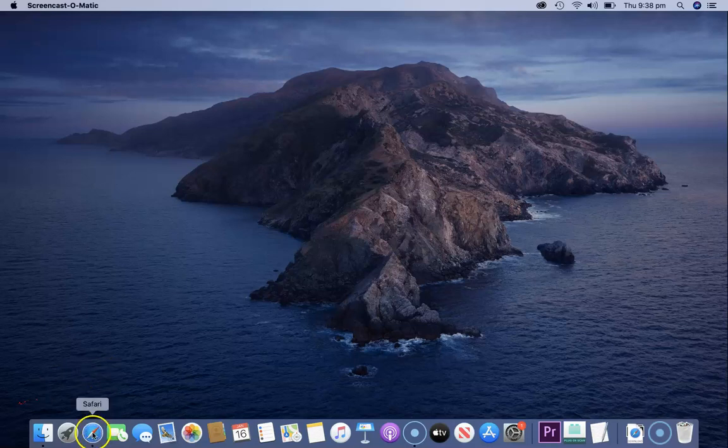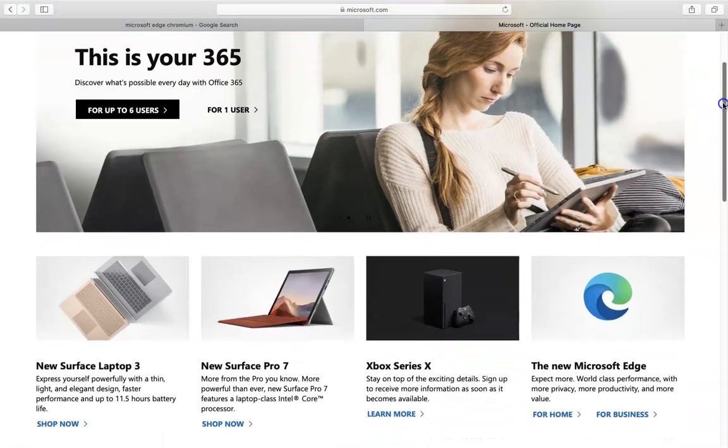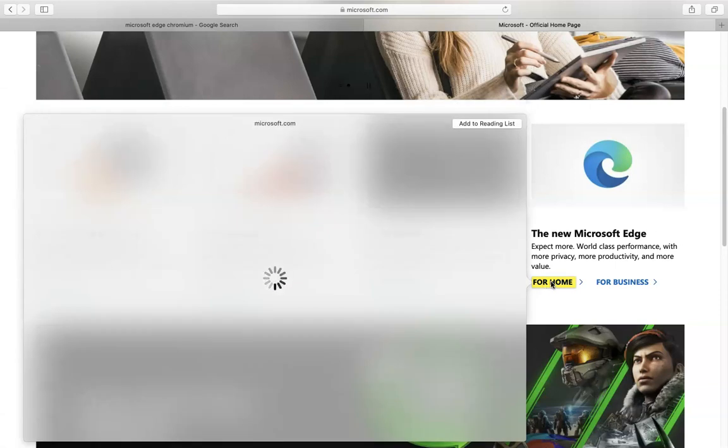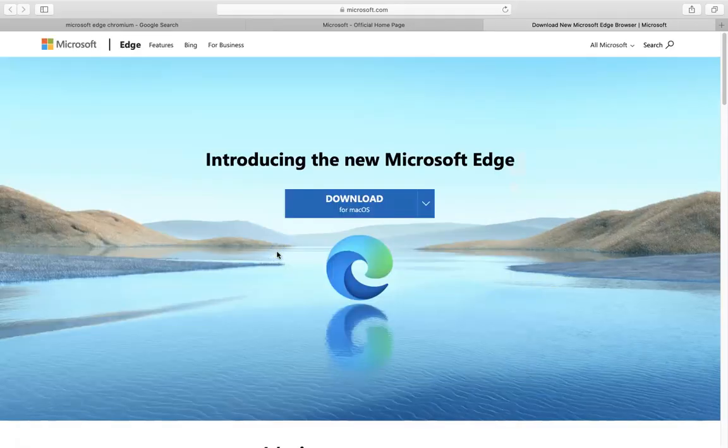where to go. So what we need to do is open my Safari browser, and then I went to Microsoft.com. As soon as you land on the landing page of the Microsoft website, if you scroll down a bit to the middle, you'll see on the right hand side the new Microsoft Edge. All you need to do is select for home users, because this is not for business. I'm a home user, so I'll click for home user, and then in here you should get a pop-up asking you to download it. So I'll click for download because we are already working on a Mac, so you understand that this is for macOS. I click on download,